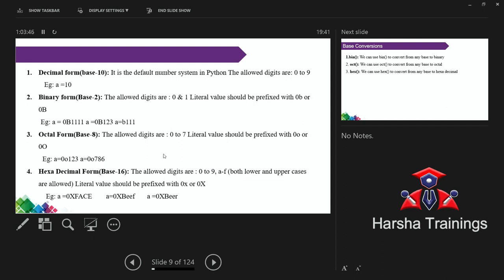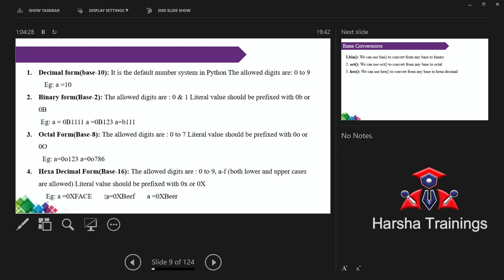In the same fashion, hexadecimal numbers use 0 to 9, and then uppercase A to F or lowercase a to f. Why are we using A to F? For example, A is equal to 10. An octal number is prefixed with 0o. Similarly, hexadecimal is prefixed with 0x, either capital X or small x.